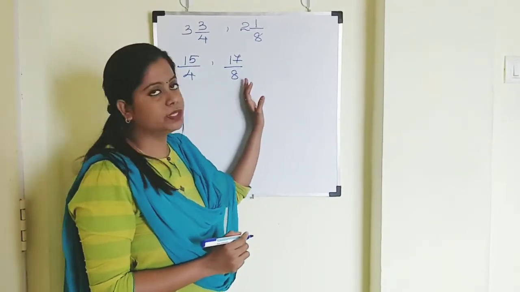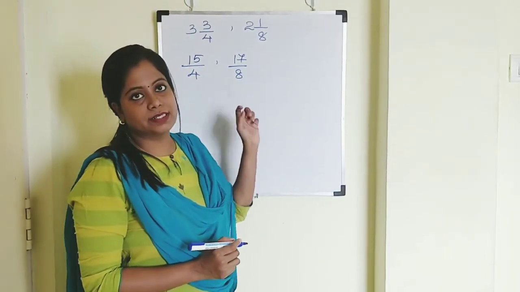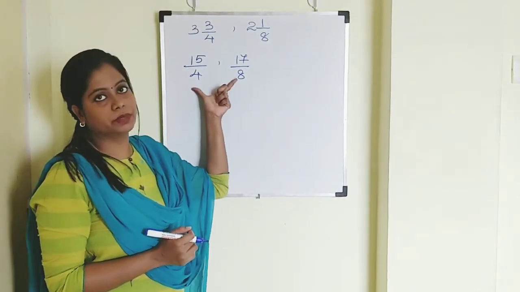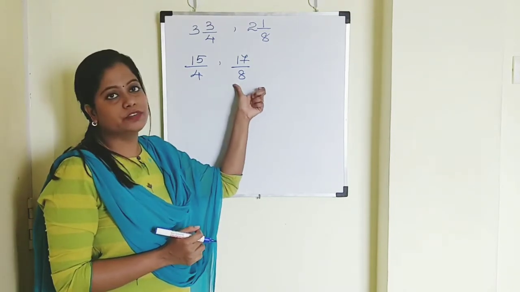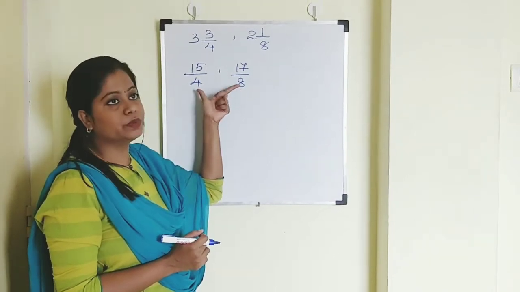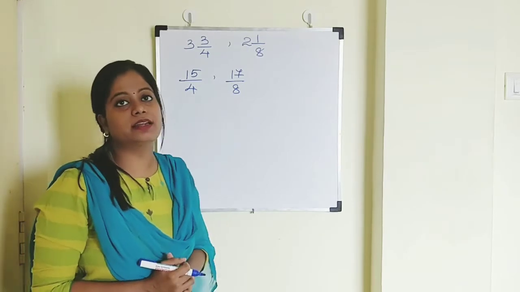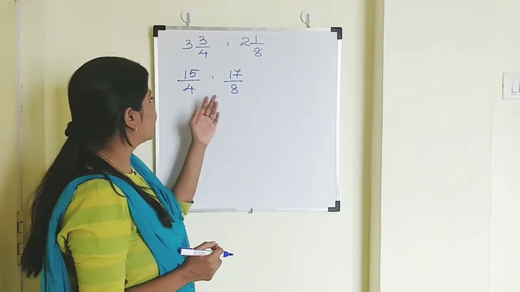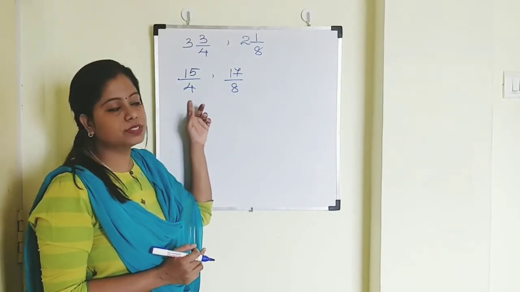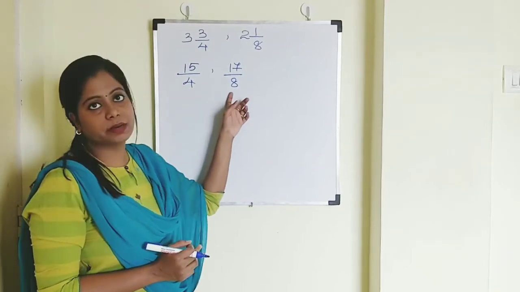Once you have done this, you have to find the LCM as the denominators are not the same. Now children, I just want you to look at the denominators of both the numbers, that is 4 and 8. Now if you remember, I taught you in 4th standard that when one of the denominators is a multiple of the other number, then you take the greater number as the LCM. Like in 4 and 8, 8 is a multiple of 4, right? 8 goes in 4's table. So 8 is a multiple of 4. So I'm going to take the highest number as the LCM.